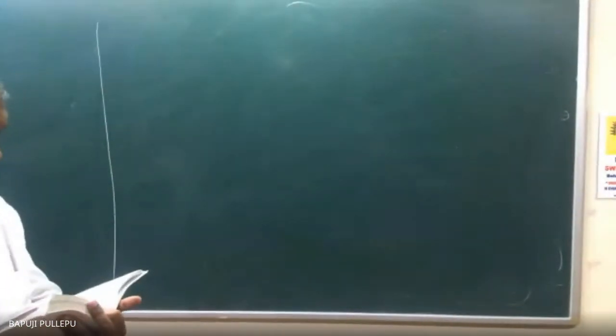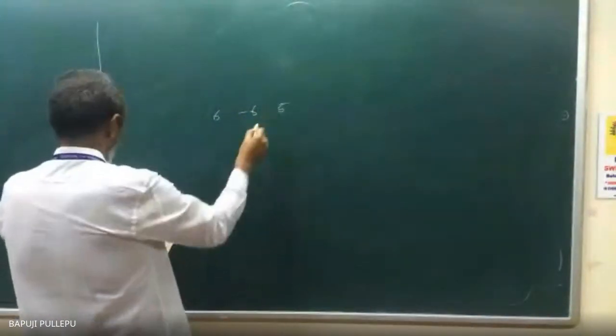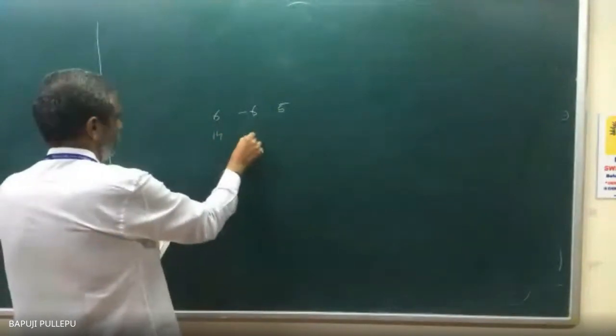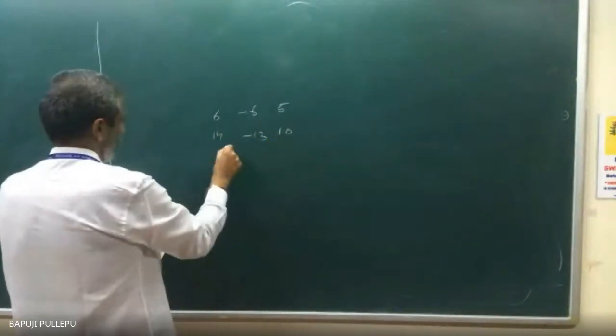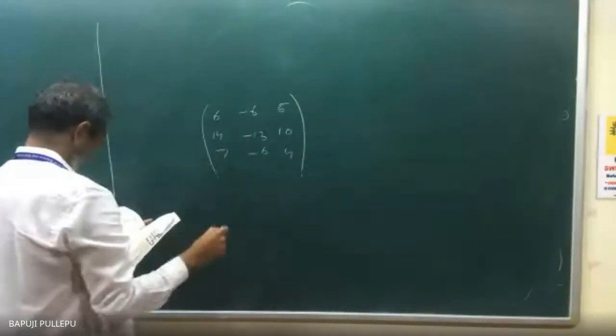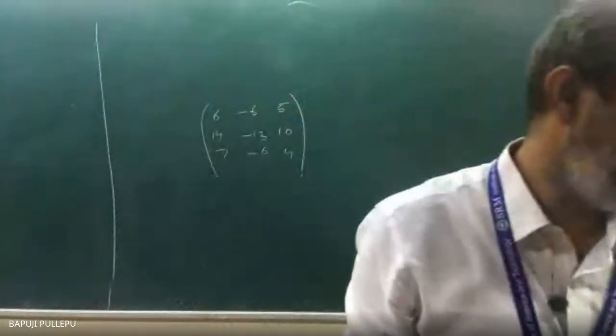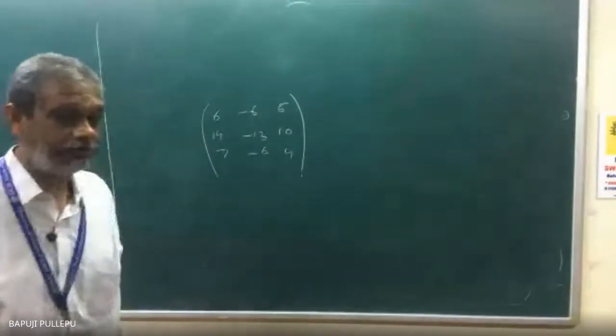Now find the eigenvalues and eigenvectors of the matrix. I think we completed this problem. Do you remember or not? I don't know. Complete or not? I'll check, sir. One minute. Yes, sir, we completed this. Now, what are the roots? Minus 1, minus 1, minus 1. Very good, nice.